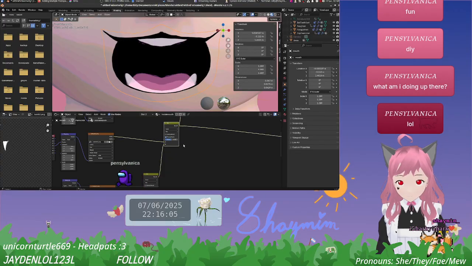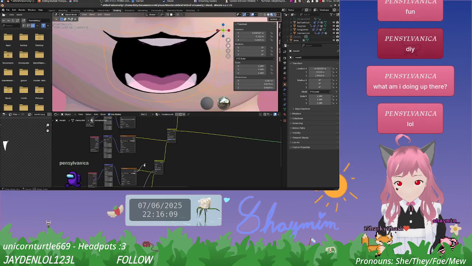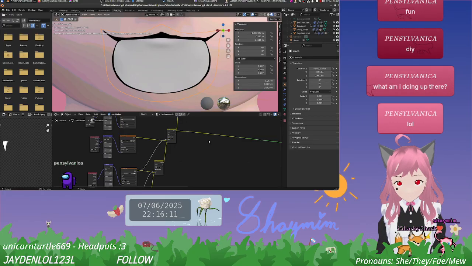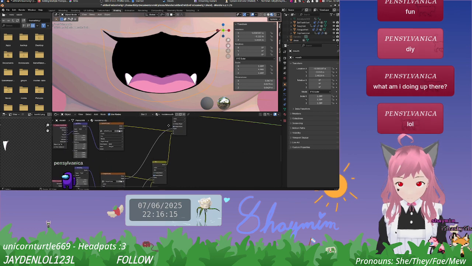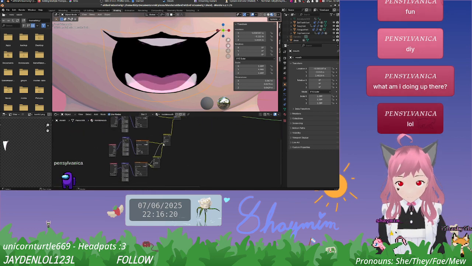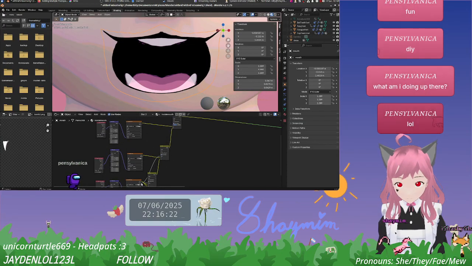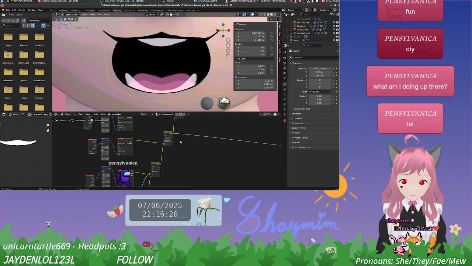What if I remove this? Okay. And what if I do this? Not quite. That is because I did that. What if I take the very bottom one's alpha again? No. Okay.